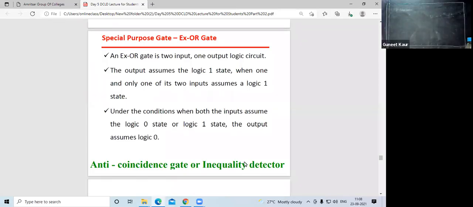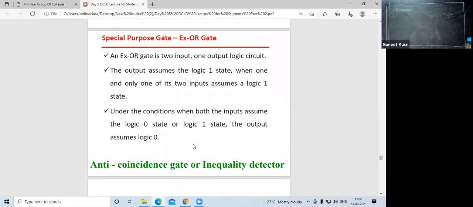Okay, students. Today we are going to start with our special purpose gates. The first gate is your XOR gate. The XOR gate is a two-input, one-output logic circuit. The output is one when one and only one of its inputs is